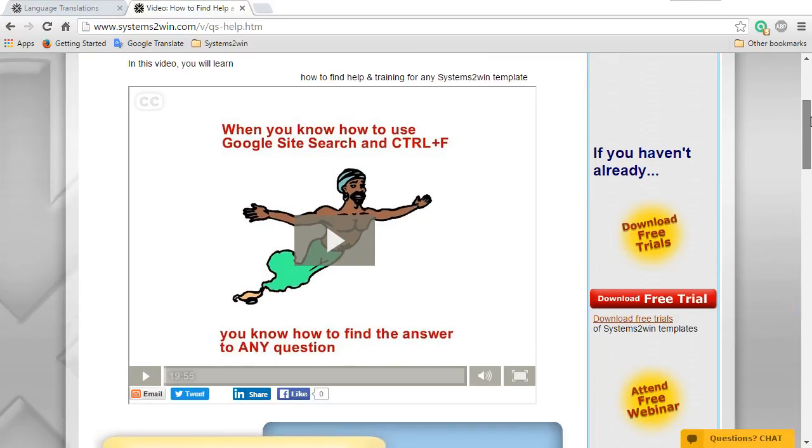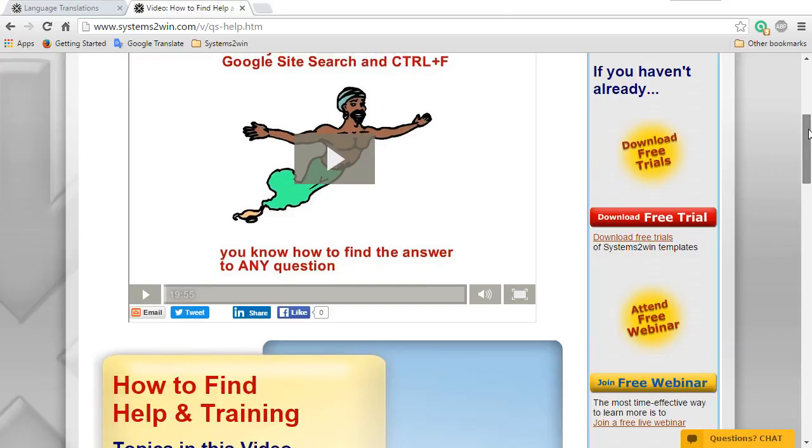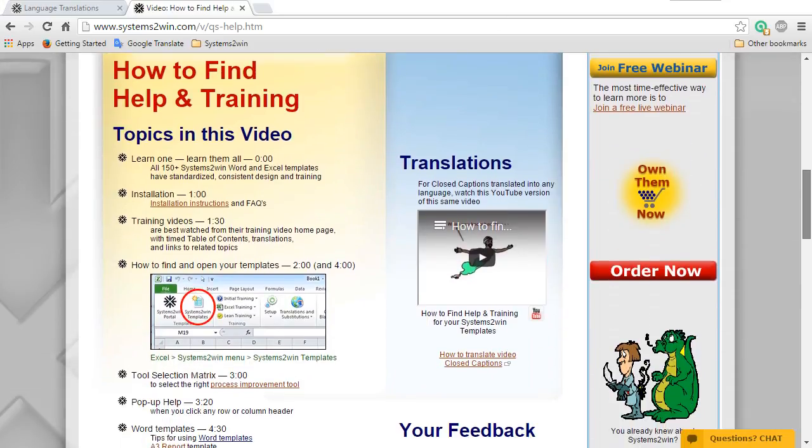And near the top of each video home page, there is a large viewing screen where you can watch the video. But that large video near the top is rendered by Wistia, not YouTube, and its closed captions are English only. So if you want to view the video with translated closed captions, then scroll down to find the smaller video that is the exact same video, but this time rendered by YouTube and supports closed captions that can use Google Translate to translate into any language.